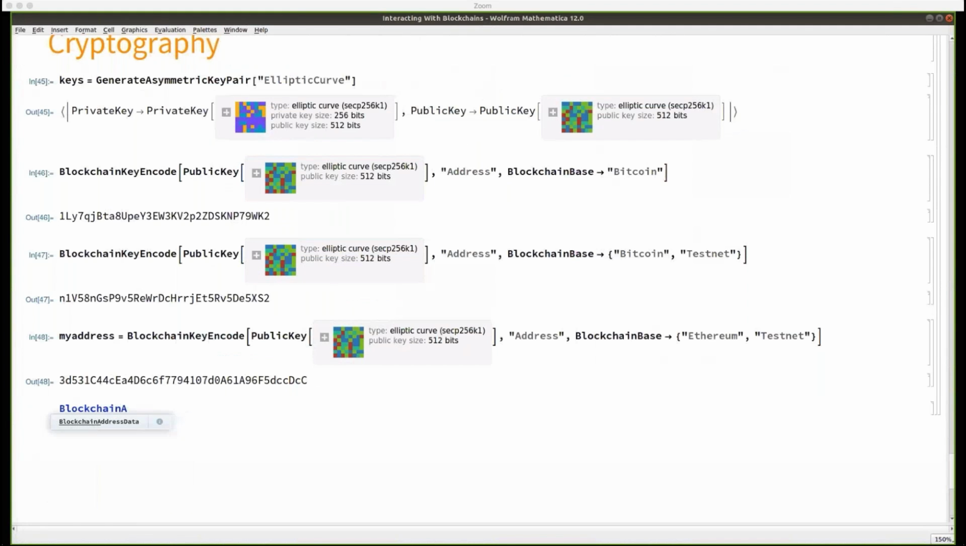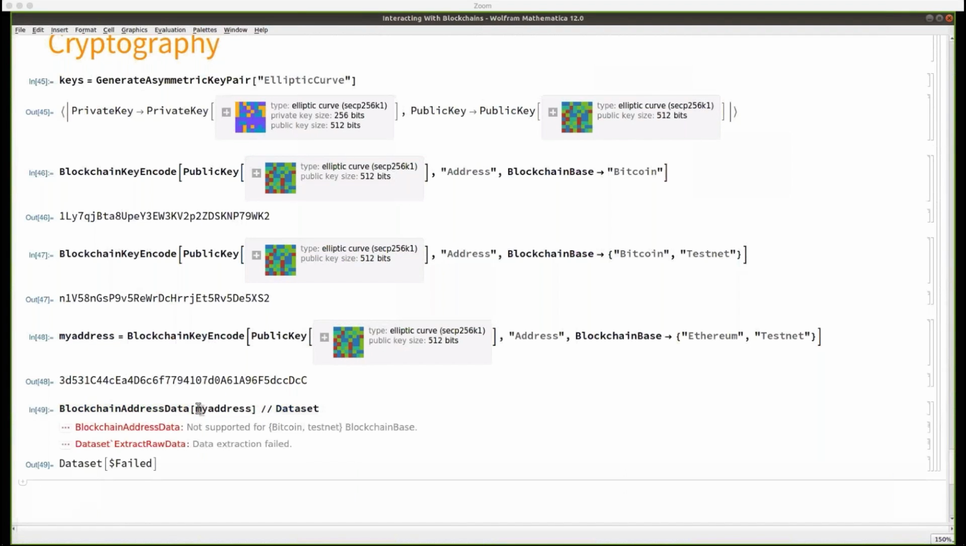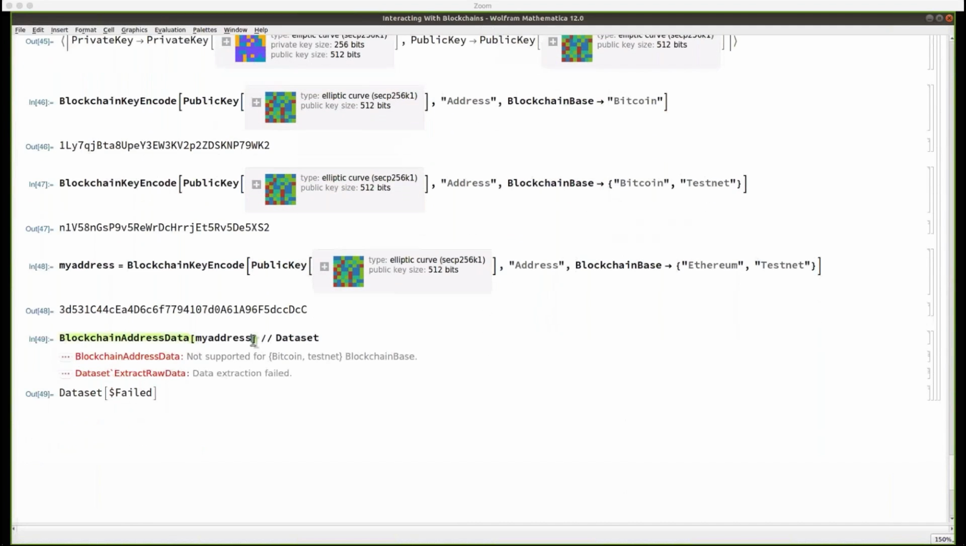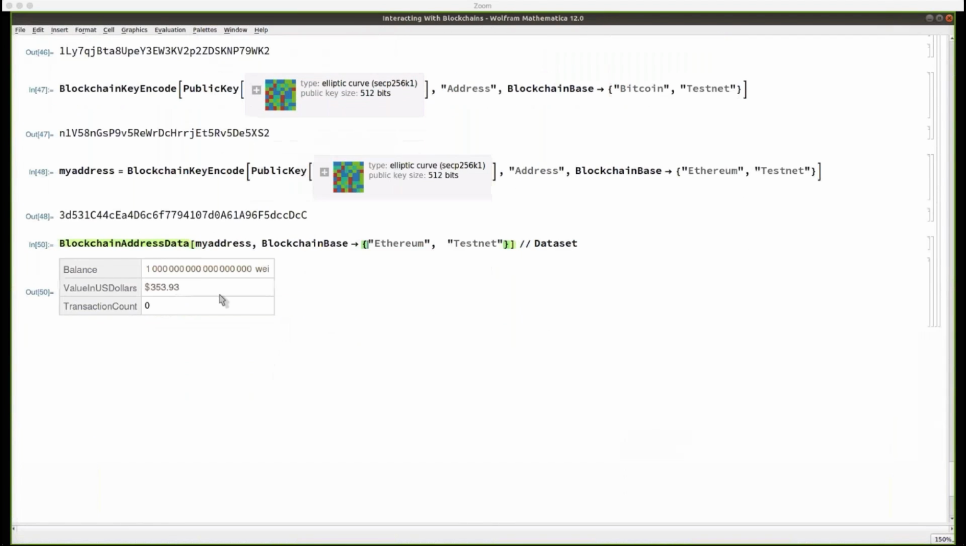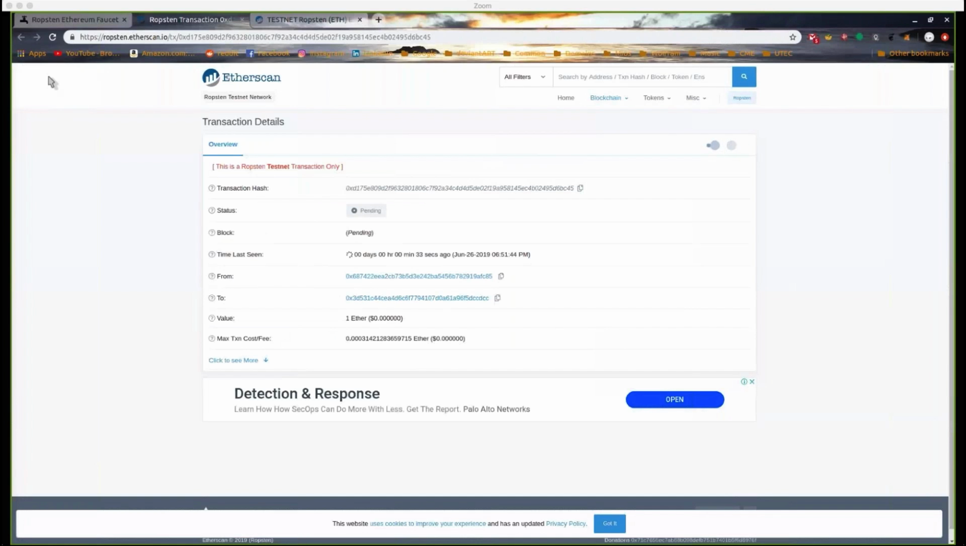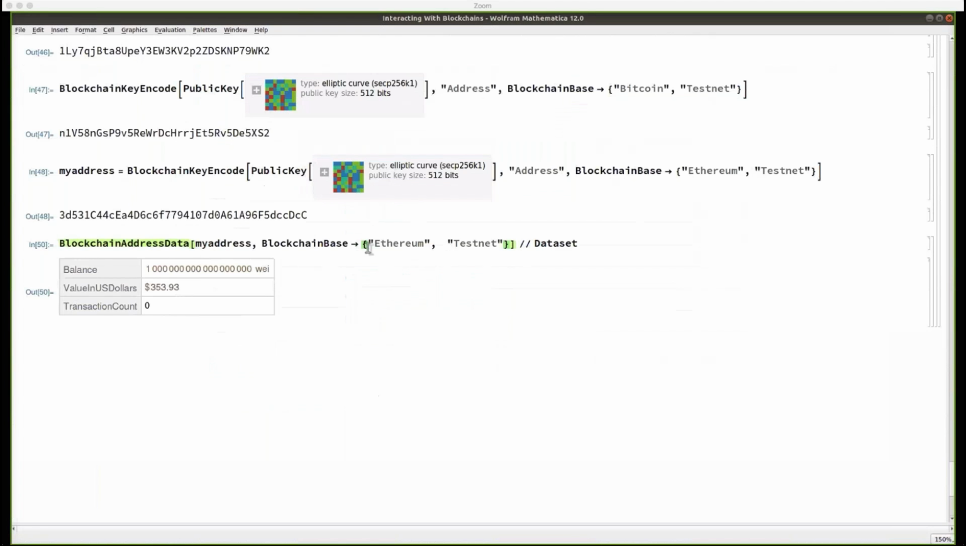So I also have the blockchain address data function that will return information about this address. Oops, I have to use the Ethereum testnet. Okay, since I received the ether now, yeah, it's been mine. All right, so I have now ether in this Ethereum account I just created, and now I'm going